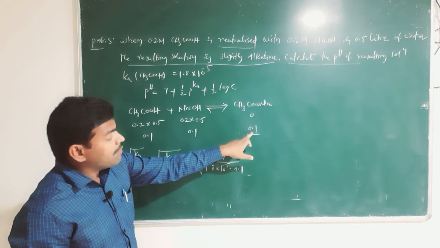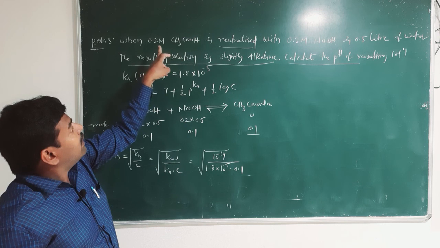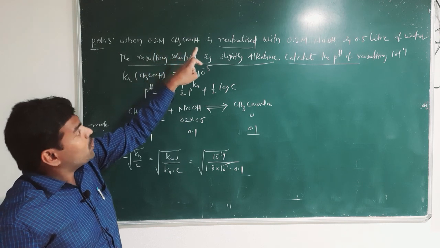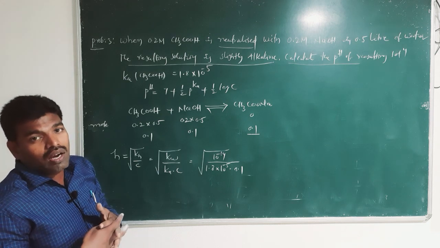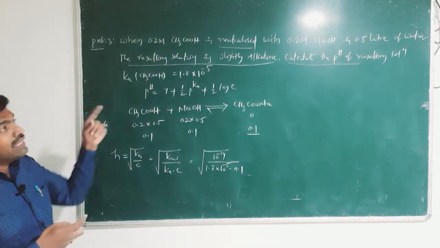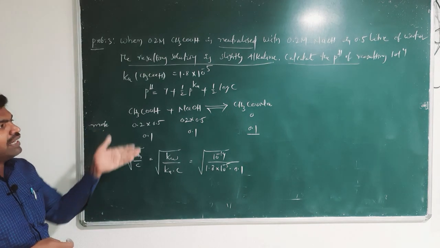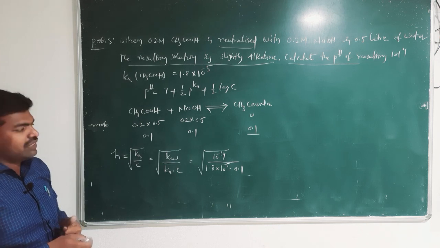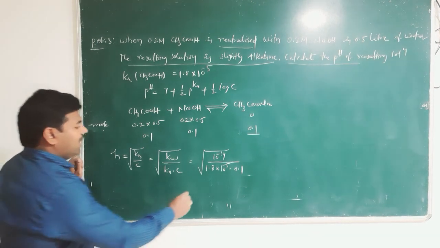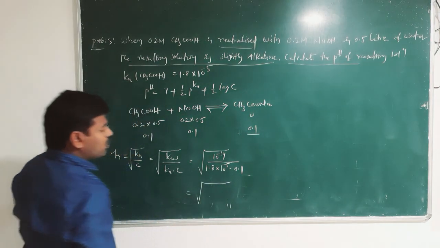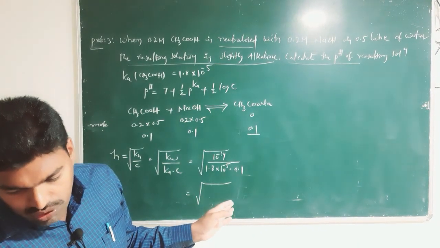That concentration can be obtained from the equation, because they gave that 0.2 molar acetic acid is neutralized with 0.2 molar NaOH. Then we need to write the reaction and calculate the moles or millimoles. From that we can get the concentration of the product. Okay, so 0.1, and this calculation comes out to be